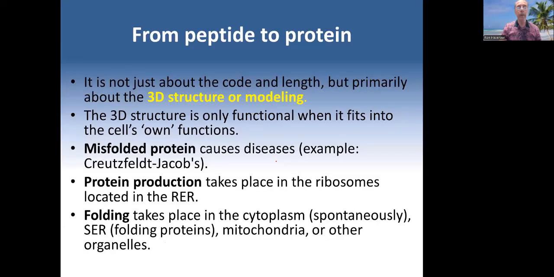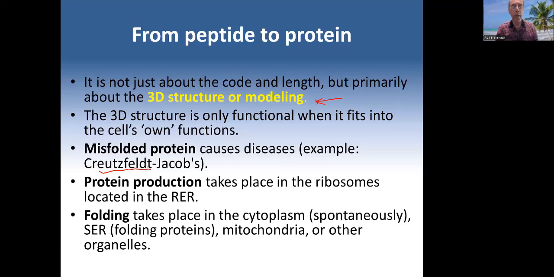What do I mean with that? Let's say hemoglobin. I will come in a few moments to hemoglobin. So from peptide to protein is making the chain longer and longer, but it is depending on the 3D model if it is effective or not effective. So if the folding itself was wrong, if it is misfolded, then it could here create a disease like Creutzfeldt-Jakob,